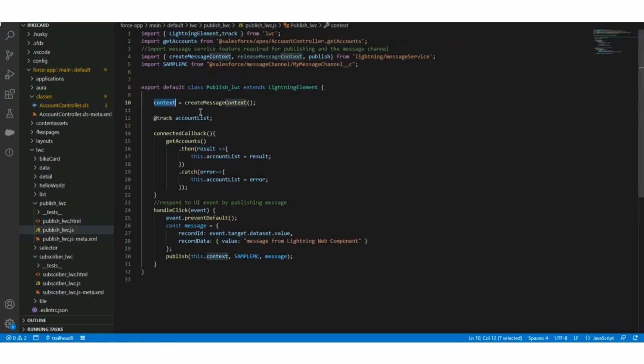So first we have a context, which is createMessageContext. So here, line number 4, this is the import. We have the import of the message service feature required for publishing the message channel. So we have the message context and releaseMessageContext. This is for creation and this is for releasing, and this is the publish that we get from the lightning